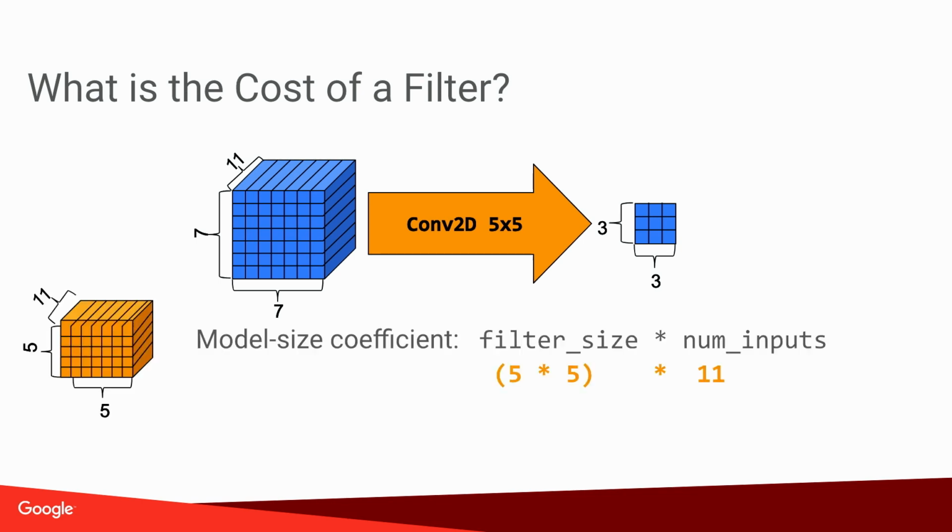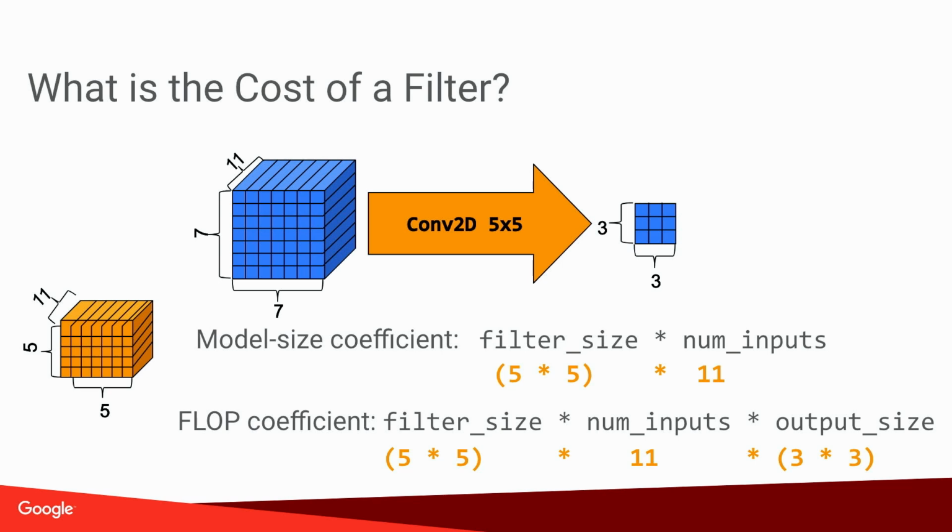So let's take the simpler case of a model size regularization. And let's look at this 5x5 convolution applied to a 7x7 image with depth 11. So what is the marginal cost of a specific filter? It's simply the number of weights associated with it, which is exactly 5x5, because it's a 5x5 convolution, times the number of inputs, 11. So that's simple enough. That would be the coefficient multiplying each and every element of this convolution